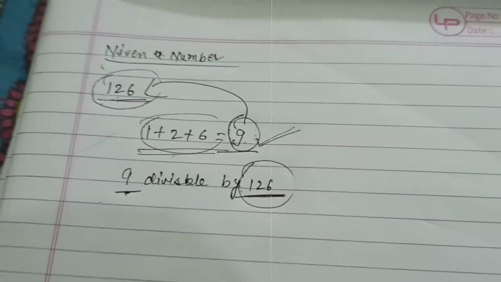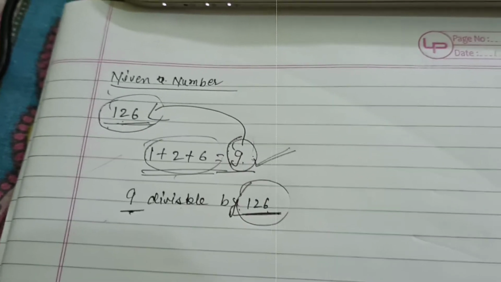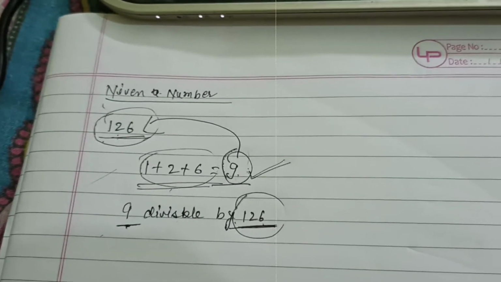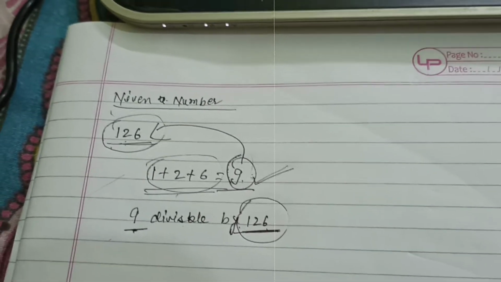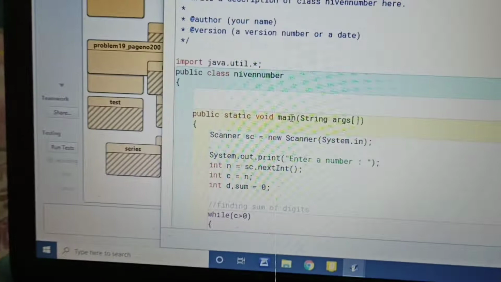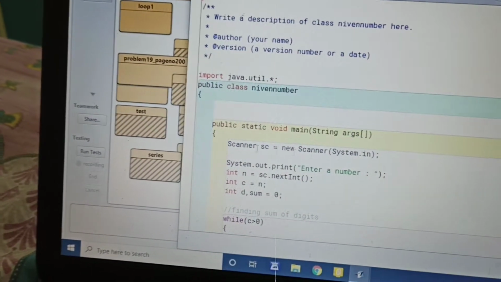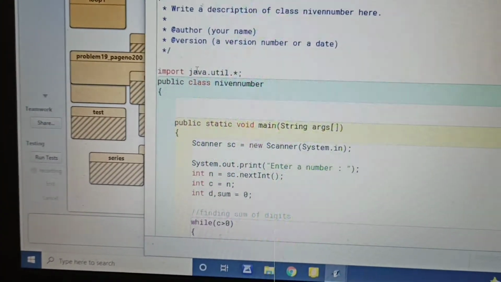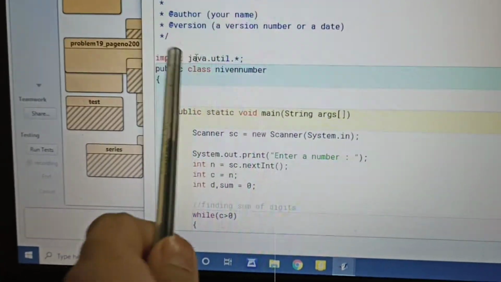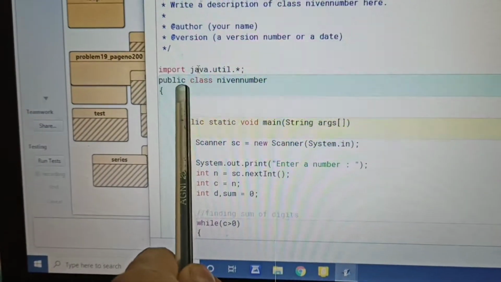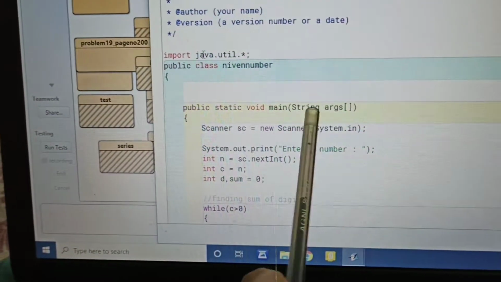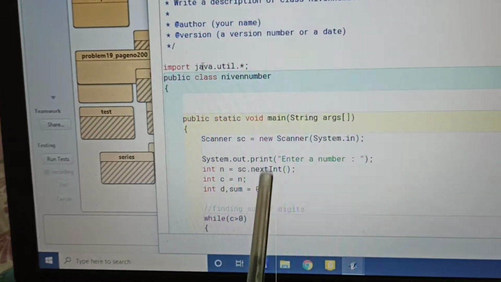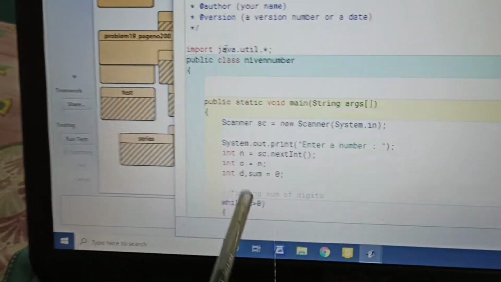So how can we show this in a Java program? Let's see. First, we have to take the Scanner class, create a class and a method, take some variables for the calculation, and use some loops.